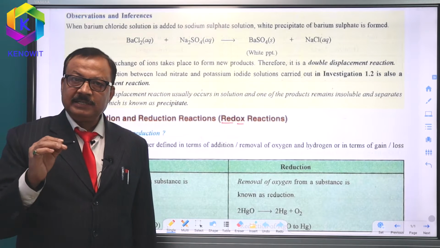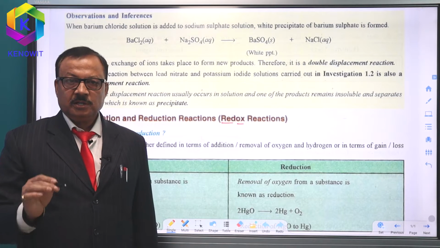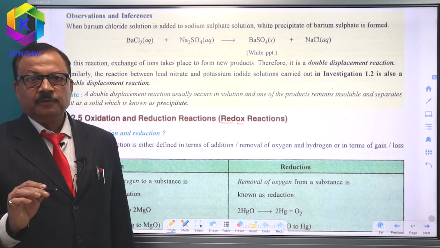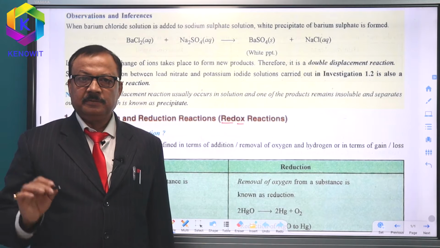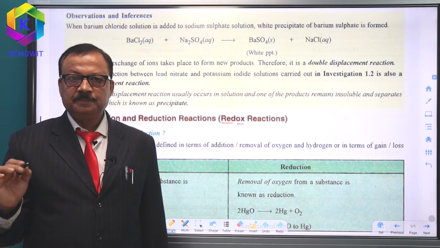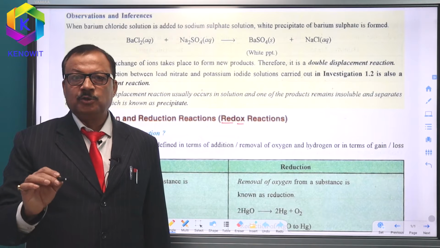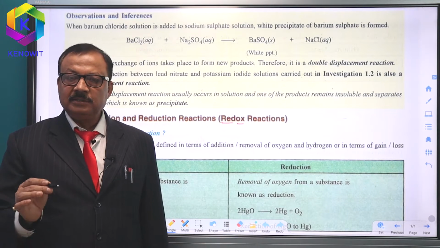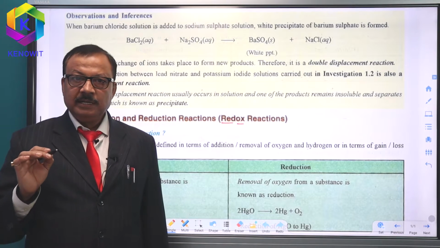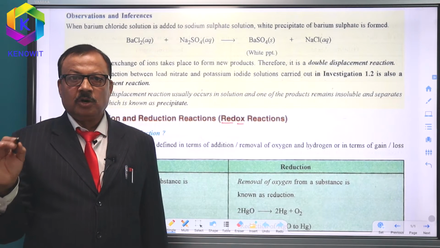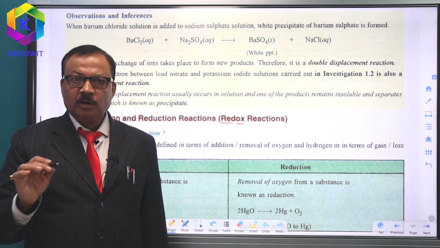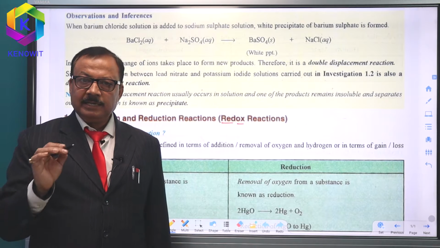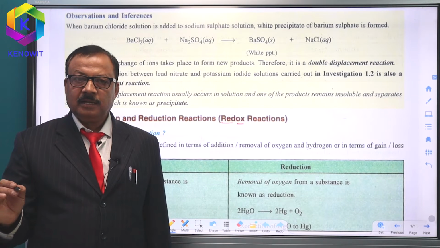So finally, oxidation is a process involving addition of oxygen, addition of other electronegative elements, removal of hydrogen, removal of other electropositive elements, and loss of electrons. Reduction is the reverse of oxidation. In reduction, there is removal of oxygen, removal of other electronegative elements, addition of hydrogen, addition of other electropositive elements, and gain